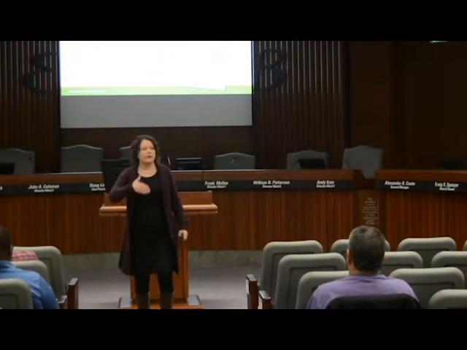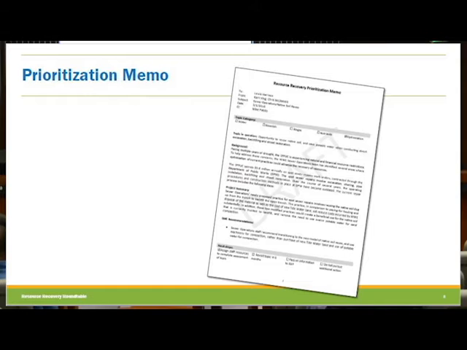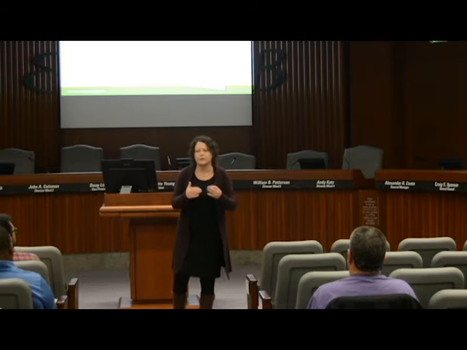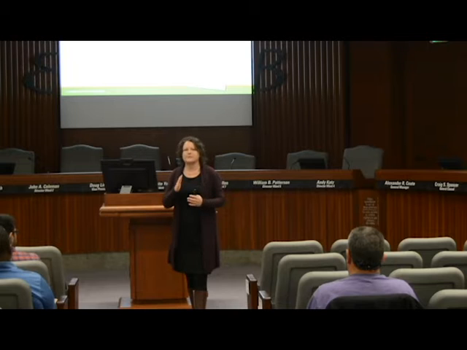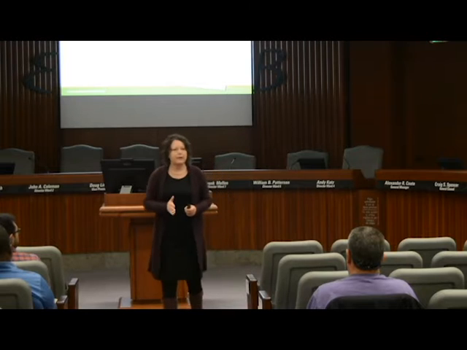So if you get through a topic card and the subject matter experts say, there's something to this, we should spend some time, then the next level is a prioritization memo. It's a lot more detailed. Again, we're happy to work with the vendor on this prioritization, but essentially we use the memo for 2 things. One is to help the vendor and the champion of this idea internally, someone that really wants to see this happen, be able to put forth the idea in a way that's compatible and congruent with our decision-making structure, meaning that